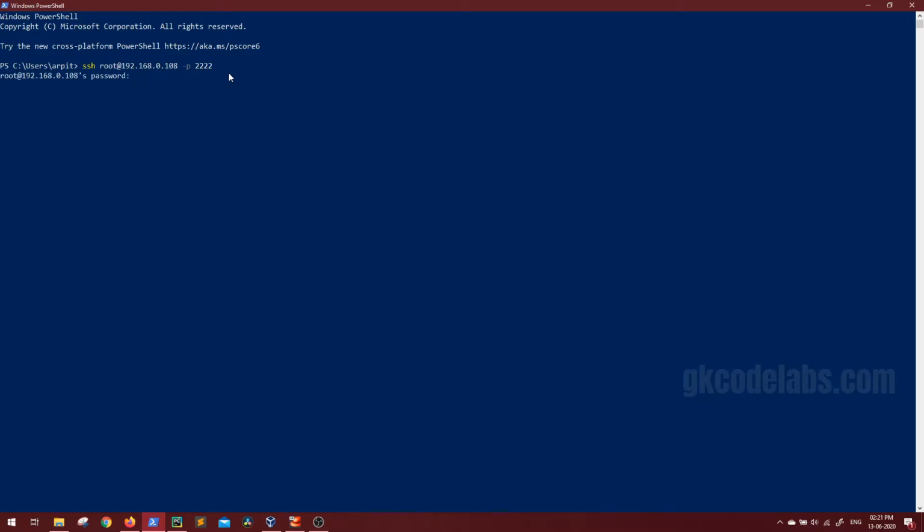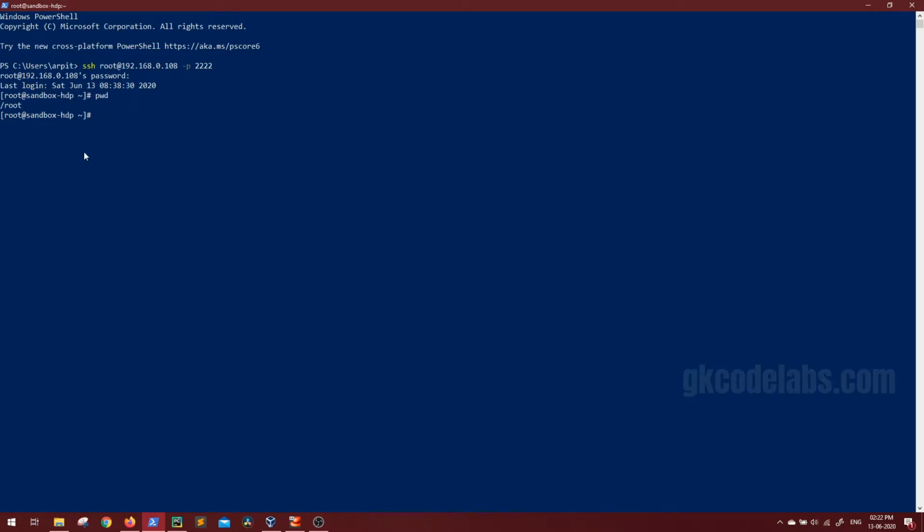Press enter. Now you have to give the username and password. You have to use the same password that you have set while configuring the HDP cluster. So I'll enter the same password and I am already logged in. So here you can see root. First one, this is the user from which you have logged in. As I mentioned, root here. So I am logged in as root, and this is the server name, that is sandbox-hdp.